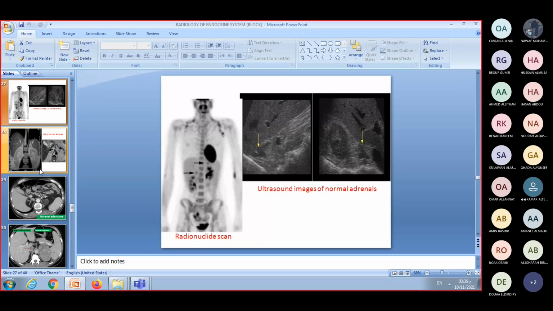X-ray can give us more, and what is it done for? To look for compression of the trachea. Pressure symptoms mean there is a deviation or compression of the trachea. X-ray can give us information, but CT is better than X-ray, and better than ultrasound in retrosternal goiter. Yes, because